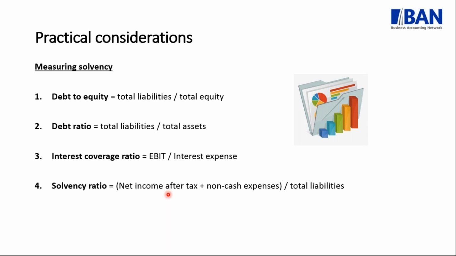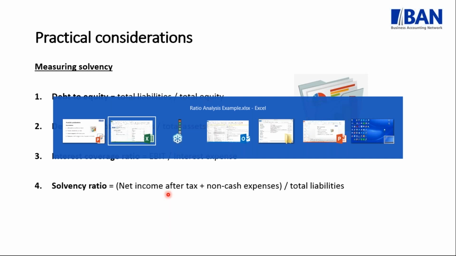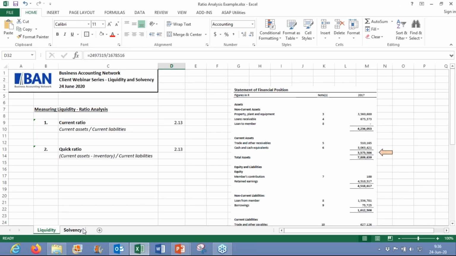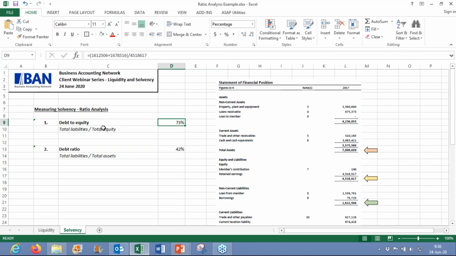So it's basically whether your cash flow is sufficient to meet your short-term and long-term obligations. Once again, let's have a look at an example from a solvency point of view in terms of how these ratios work. If I look at my debt equity ratio, you can see on the right-hand side here, we're looking at exactly the same company as we considered in the liquidity example.